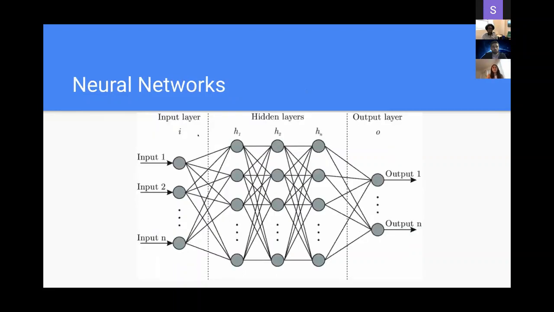So next I'll go into neural networks. Neural networks is definitely more of a buzzword. This is more of the famous example. And how they work is, I'll explain it with a very simple example. If we wanted to train a data set to be able to identify cats, dogs, and fish, we'll input all that data into this input layer, and through a series of computations in the hidden layers, we'll get an